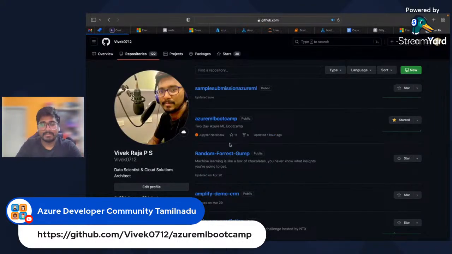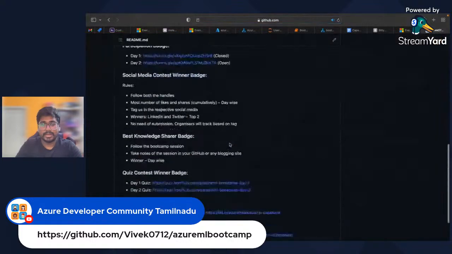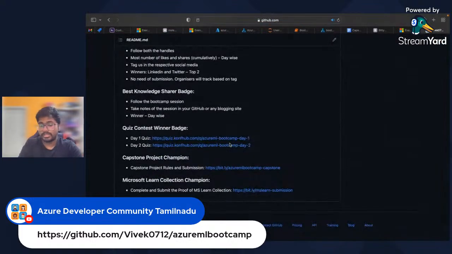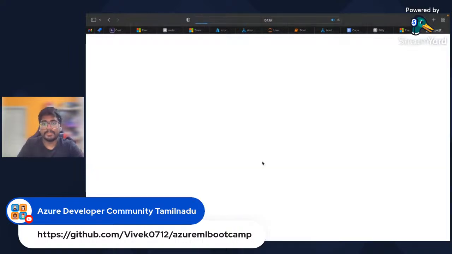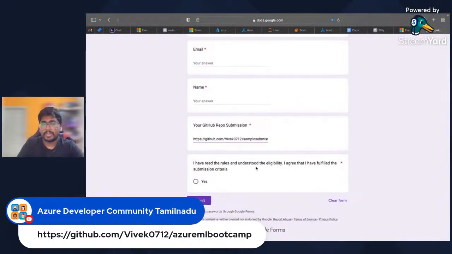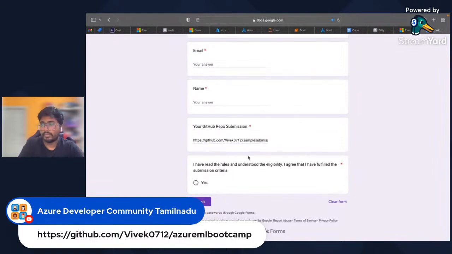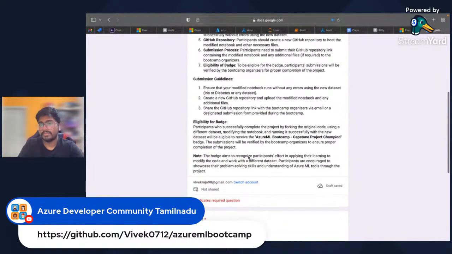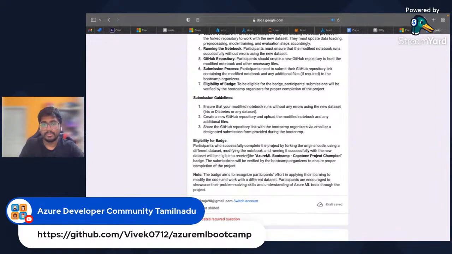So the submission, how you have to do it. Now you know you need to execute this notebook in your Azure Machine Learning. We want screenshots of that as well, and use a different data set. Don't use credit again. That's the main criteria. And then just paste the repo link here. We'll only evaluate this GitHub repo, the notebook, along with the screenshots. Your notebook should have used a different data set, and also try to add more machine learning steps to it if necessary.